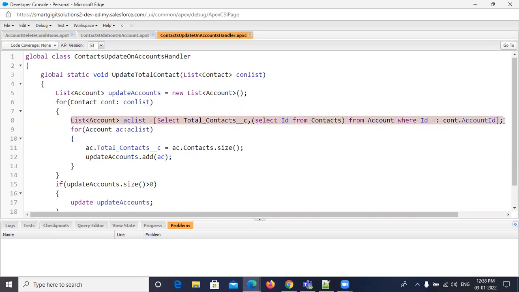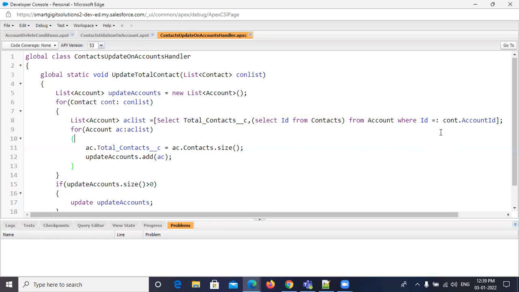checked by this statement. It means whenever that contact ID, look here, in this statement I am selecting the total number of contacts, comma, and another one, select ID from contacts. It is a relationship query. It means parent to child.